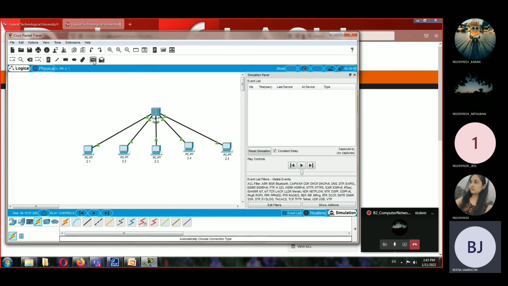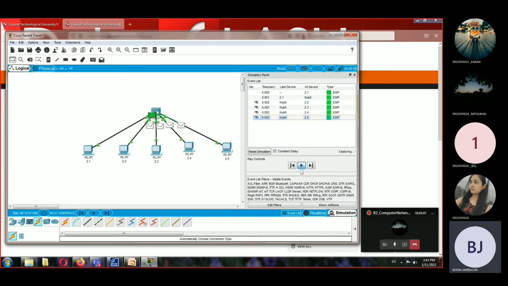So I will just click on the simple PDU and I will put it on the first computer, and I want to send this data to, let's say, the second computer, and we will go for the simulation option. Now see what will happen.